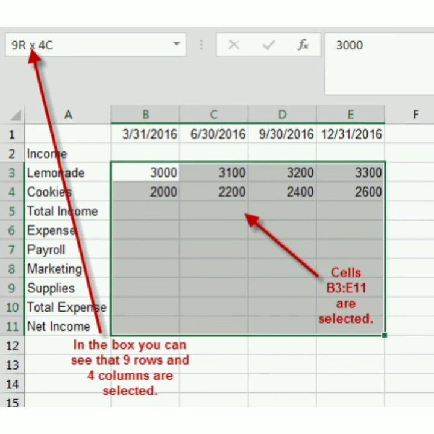Next is by using the keyboard. To select a range of cells using the keyboard, you follow these steps. First of all, select any one cell at the corner of the specific range and then press the Shift key. While pressing the Shift key, select the number of cells in your range by using the arrow keys. After reaching the destination cell, release the Shift key. The desired range will be selected.